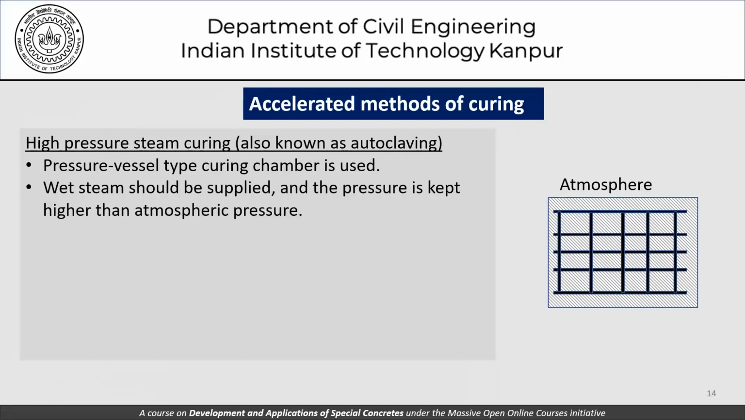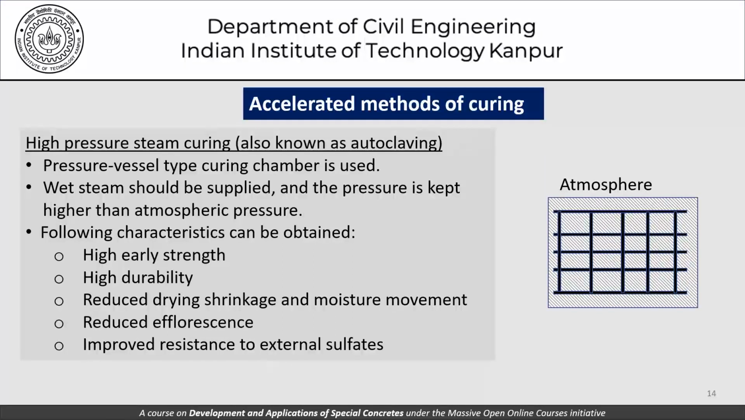Wet steam is applied with the pressure kept higher than the atmospheric pressure, and we could obtain high early strength, high durability, reduced drying shrinkage and moisture movement, reduced efflorescence, improved resistance to external sulfates. So these are some things which are coming out of autoclaved curing. There are some pluses, of course, but please remember that autoclaving may or may not be possible for